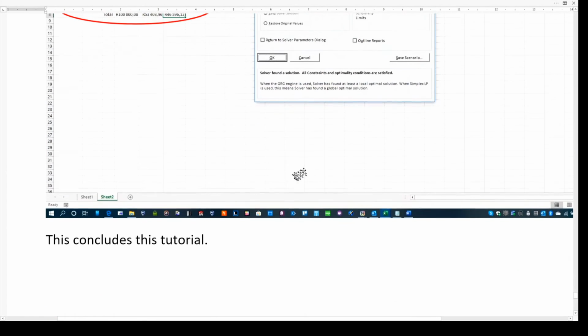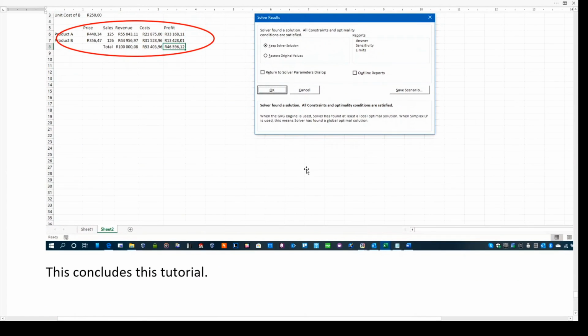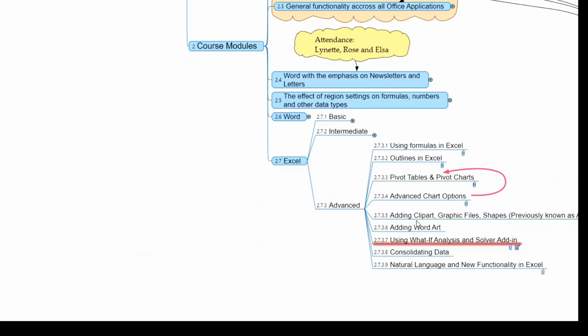And this is also the conclusion of our tutorial. So now we will carry on with the next, and this brings us